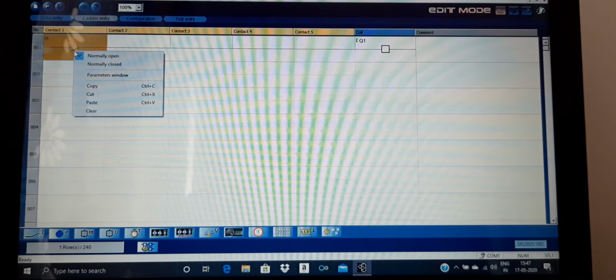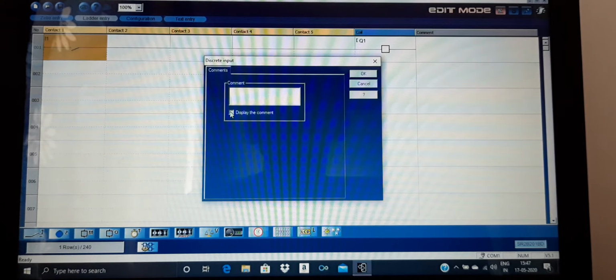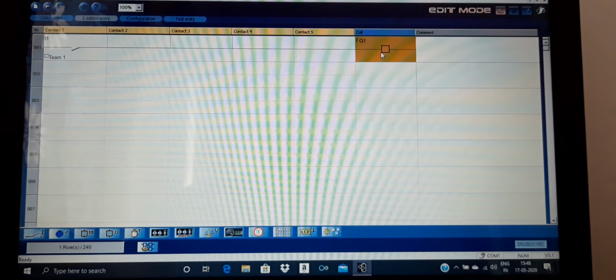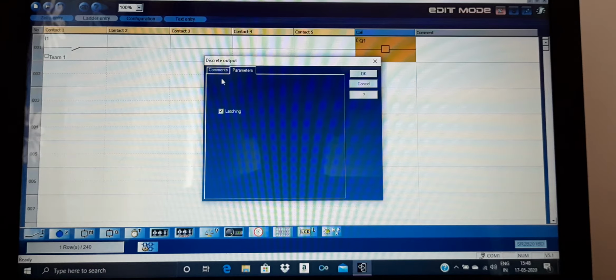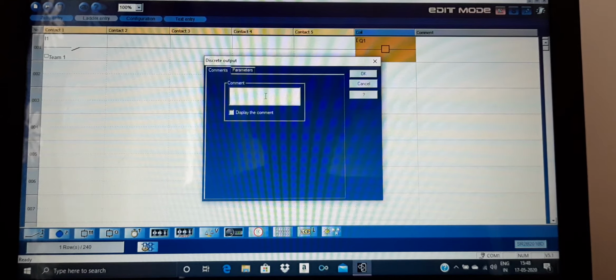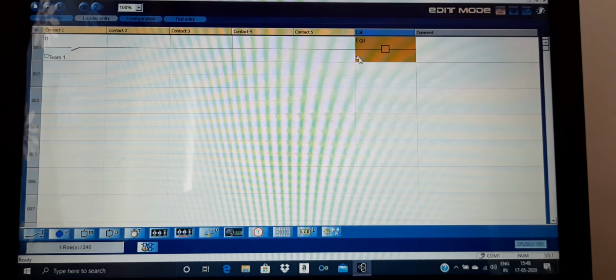This is team 1, let us label it. Say team 1, and again label it, say indication 1. And as always we will have a retention contact.